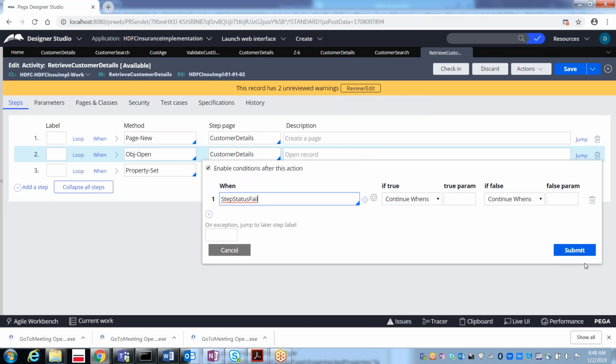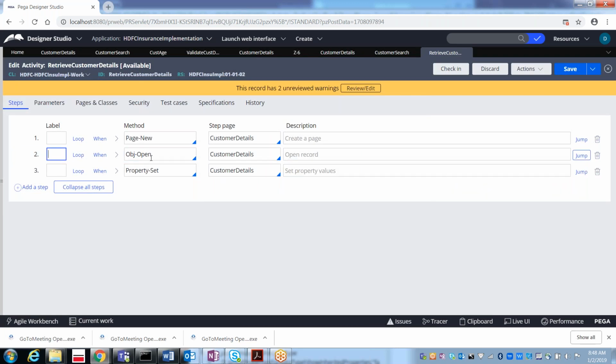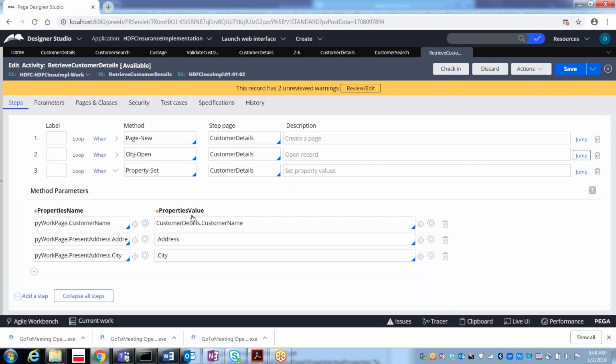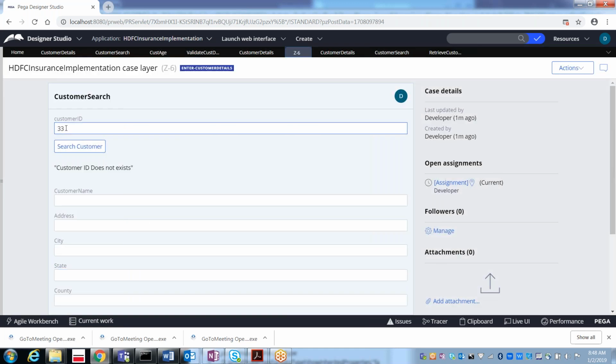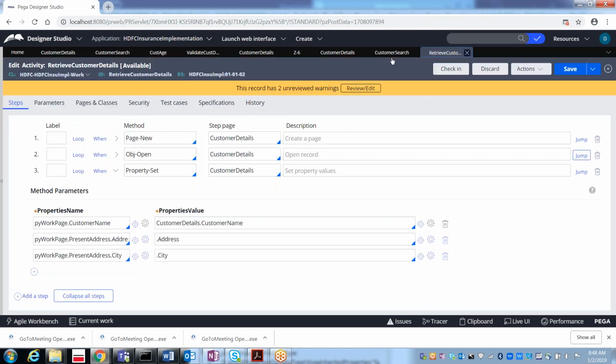If it is able to open the record, then I want to set those values to the pyWorkPage so that we can see those values on the UI. If the record exists, it will copy the data to the customer name, address and so on, through the property set.